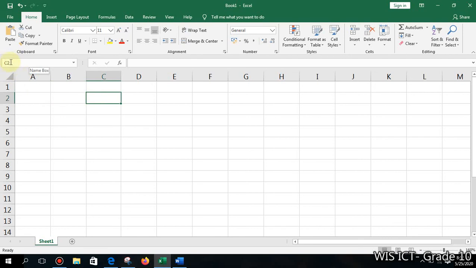This box is called the name box, and this you can see is the formula bar. Whatever you type, it will display. If you perform a calculation, the calculation formula is shown on this formula bar. And this is a worksheet, right? These are the basics of Microsoft Excel, and in the next lesson we will learn a few more features of Microsoft Excel.